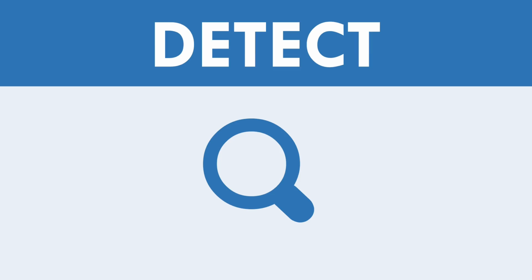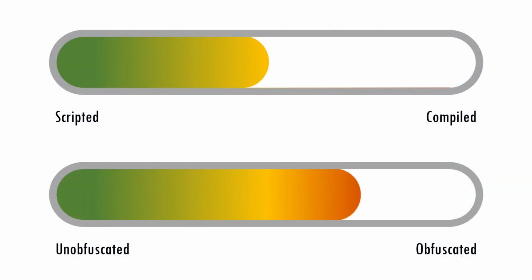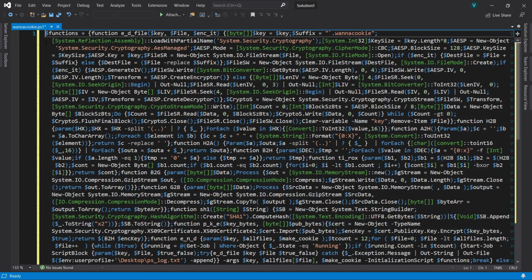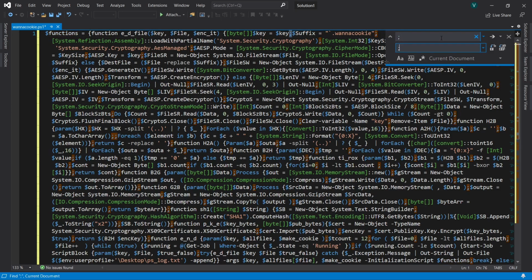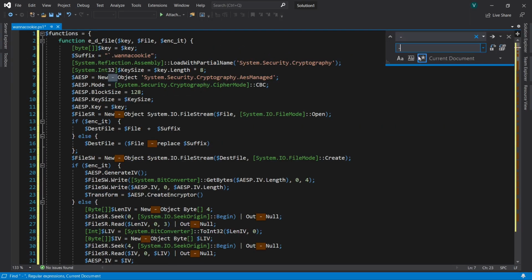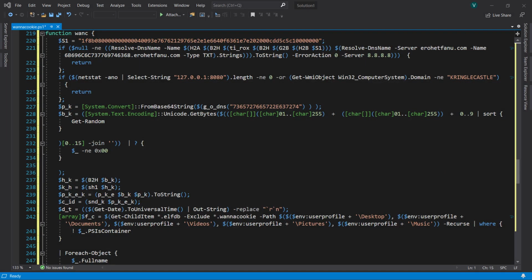The ability to detect execution guardrails is dependent on the programming language used for the malware and the level of effort that an attacker has gone to in order to try and conceal their actions. An initial view of the CryptoLocker code is a bit of a mess, but after some reformatting it becomes a little easier to read. Within the main program function, we can identify some if statements which set the execution guardrails